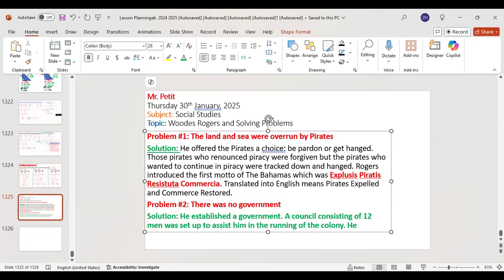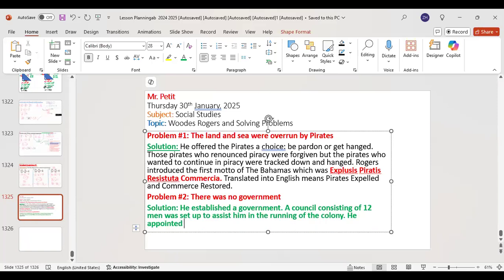He appointed constables, judges, a chief naval officer, justice of the peace,